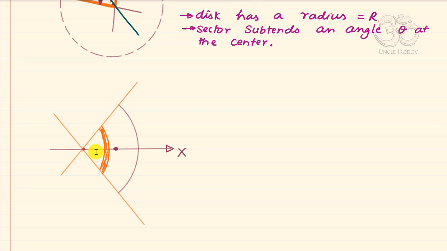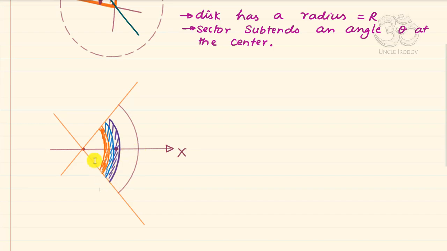The next element will be this blue colored element. It is again a part of a ring. The next element will probably be this dark violet colored element. For each of these elements, I will figure out where their center of mass is. And once I figure that out, I will do the integration from the center to the outer edge. So the element size will start from 0 and will go on till I get to a radius of capital R. Now that's the entire process.